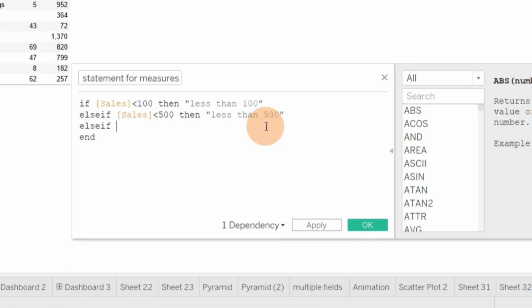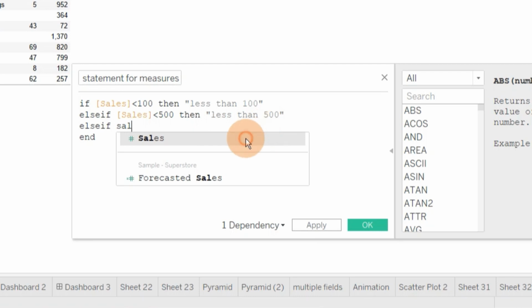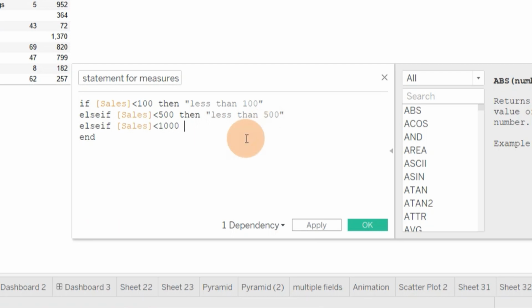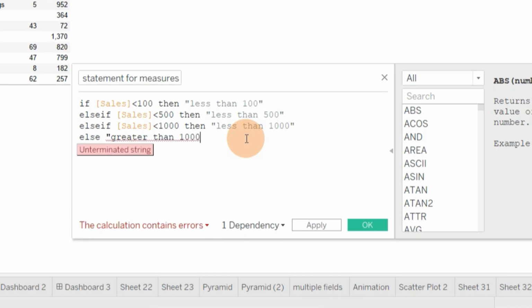Else if sales is less than 1000, then less than 1000. Else greater than 1000. So what I have done here, I have divided my sales into multiple criterias.